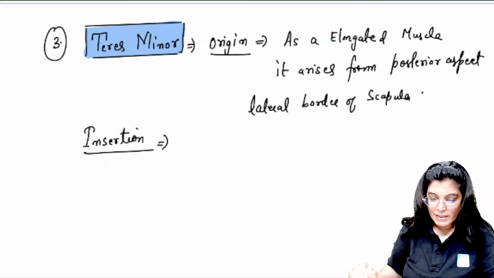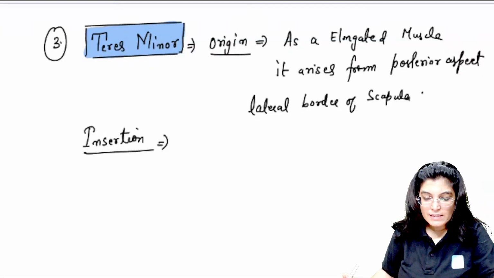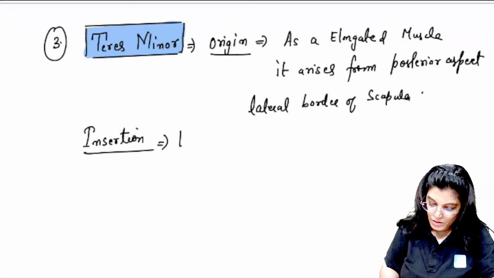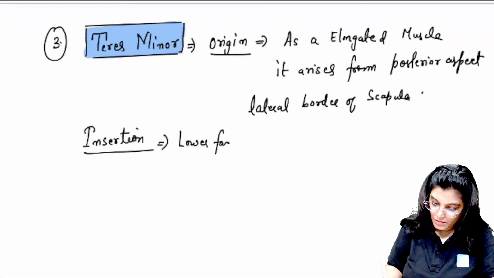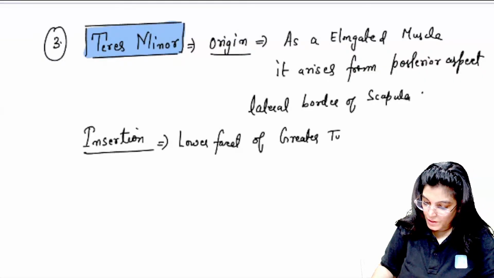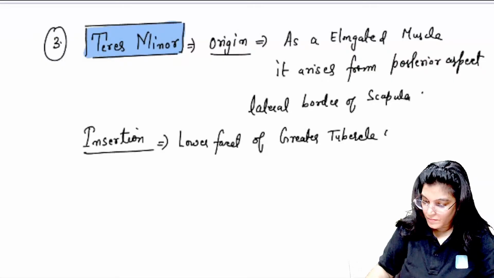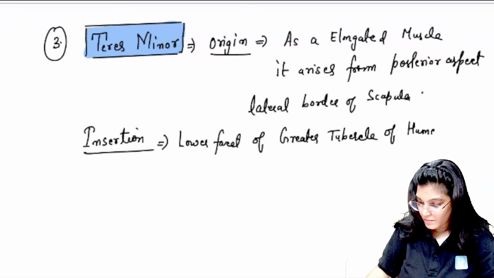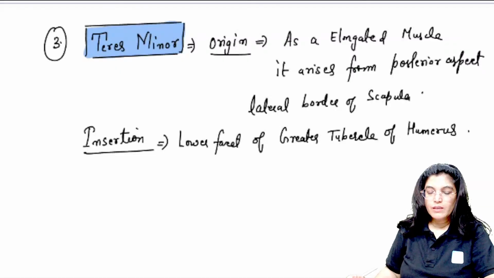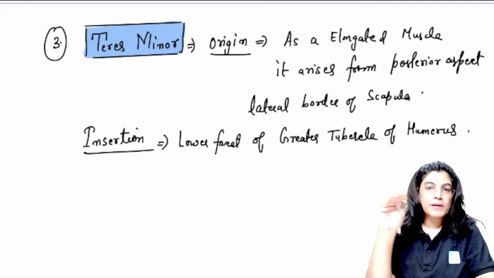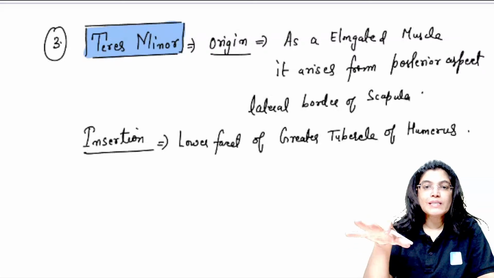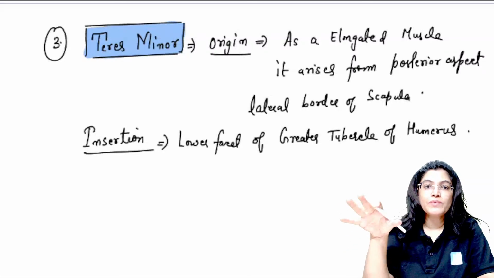If I talk about insertion, it is inserting onto the lower facet of the greater tubercle of the humerus. So it inserts onto the lower facet of the greater tubercle of the humerus bone. So, superior facet, supraspinatus muscle; middle facet, infraspinatus muscle; lower facet of the greater tubercle of humerus, teres minor